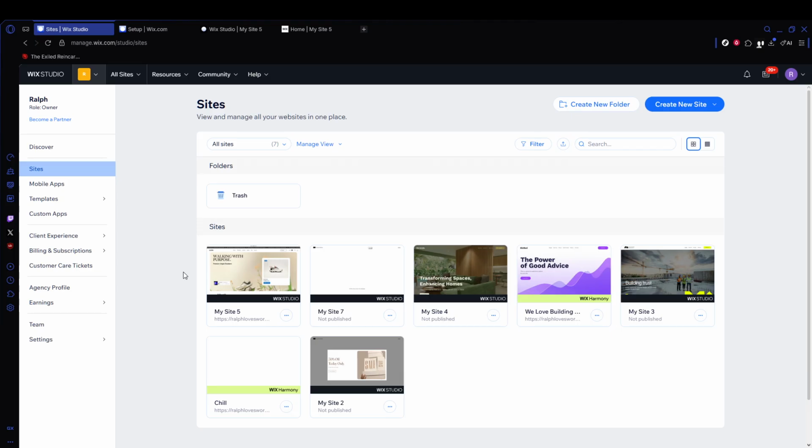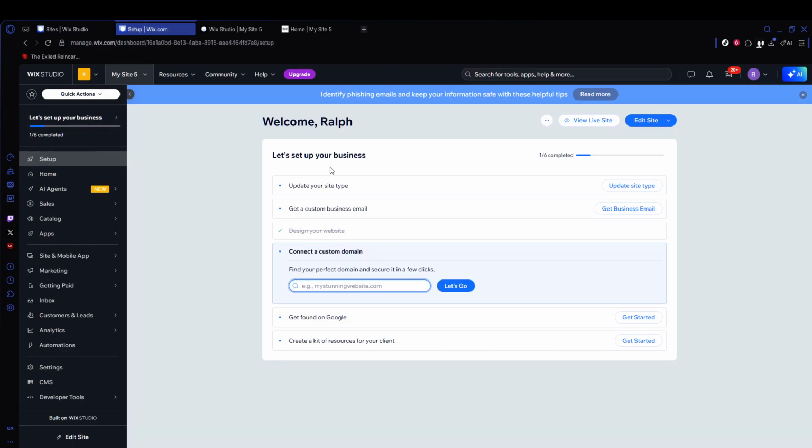Start by opening your browser and heading to wix.com. Log into your account and you'll land on your site dashboard. Depending on your layout, you might also see a setup section. Either one is fine. The key is that you're inside the dashboard for the site connected to the domain you